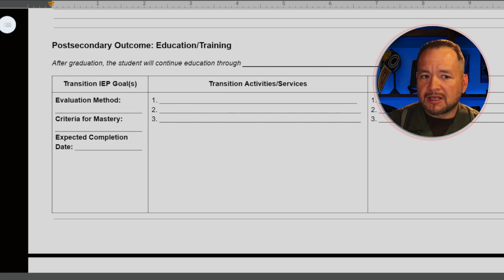One of the issues that I've seen here is there'll be things on here like will attend a school for 3D game design. And the issue is that the student on their transcript, they have no classes related to their particular career interests. So there are no classes related to technology, no classes related to art. And so this person really hasn't been prepared for this particular job goal, yet the job goal is listed on their IEP or on their transition plan.